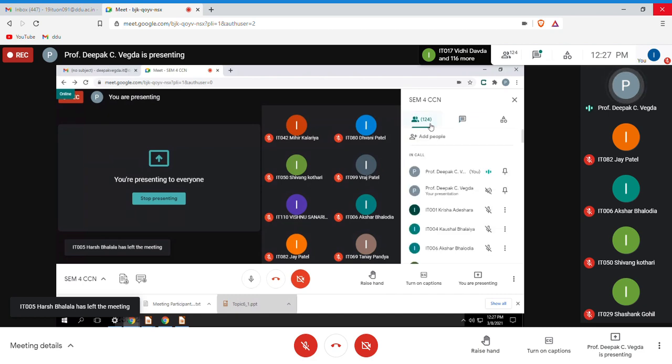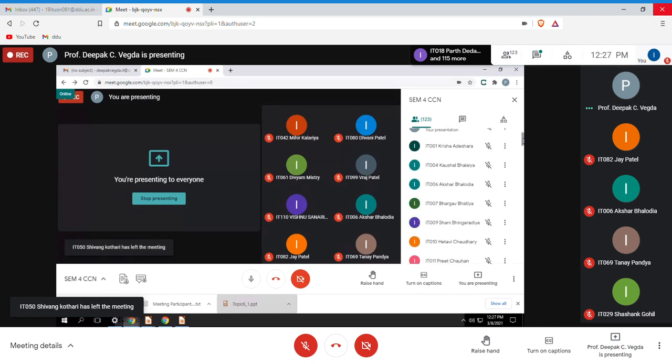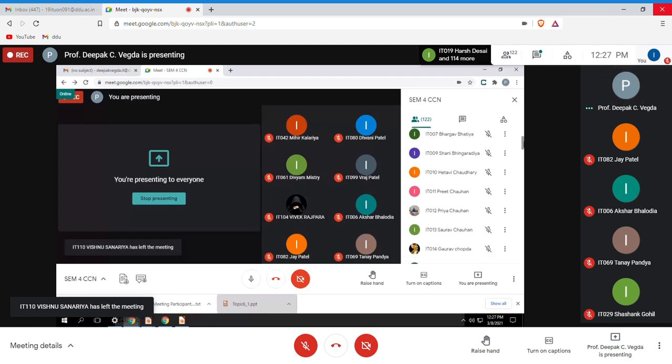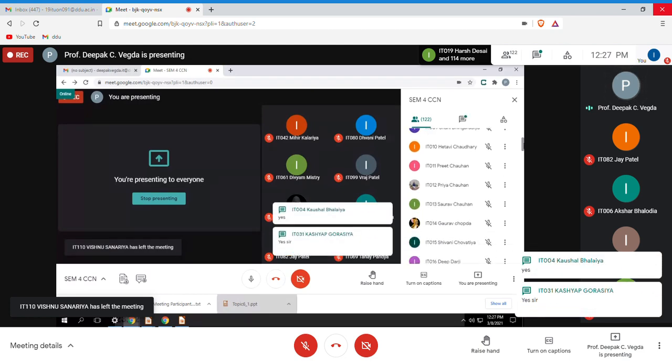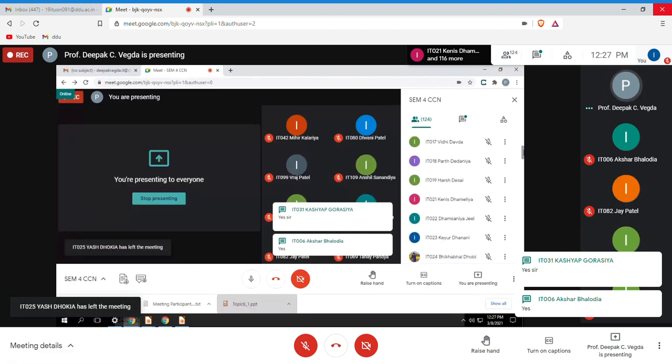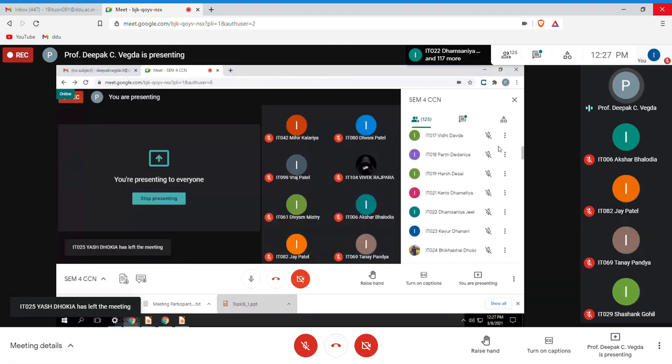What about roll number 1, roll number 2, 29, 3, 4? Kaushal, Aksar, Bhargav, Hetvi, Preet, Priya, Gaurav, Shivani, Deep, Parth, Harsh. Is it clear?